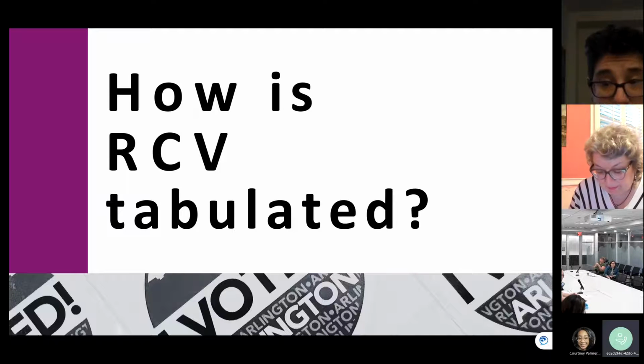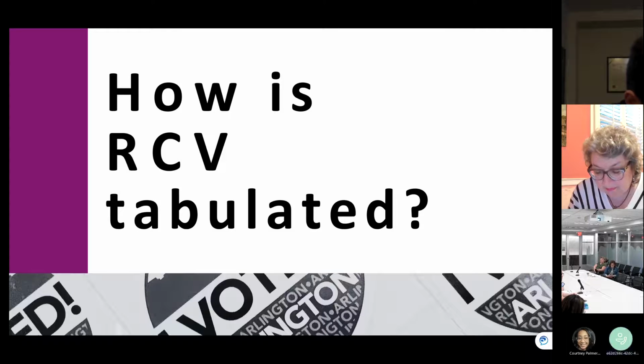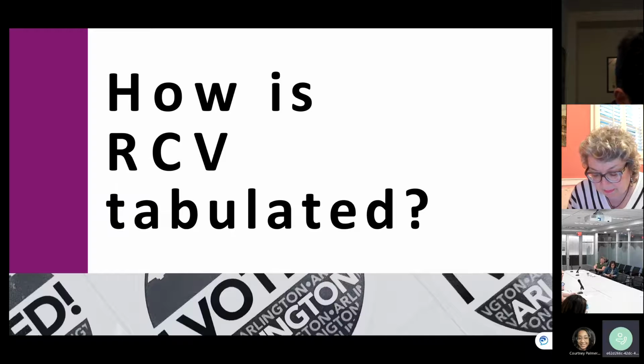But sometimes when you're making a choice like this, you may want number 1, and then number 3 might be your second choice. But if number 3 gets kicked out, then maybe my choice is between 2 and 4. And I don't know how voting this way takes into account the possibilities. Right. So this brings up a good point that I think is another misconception in Arlington County as a community,